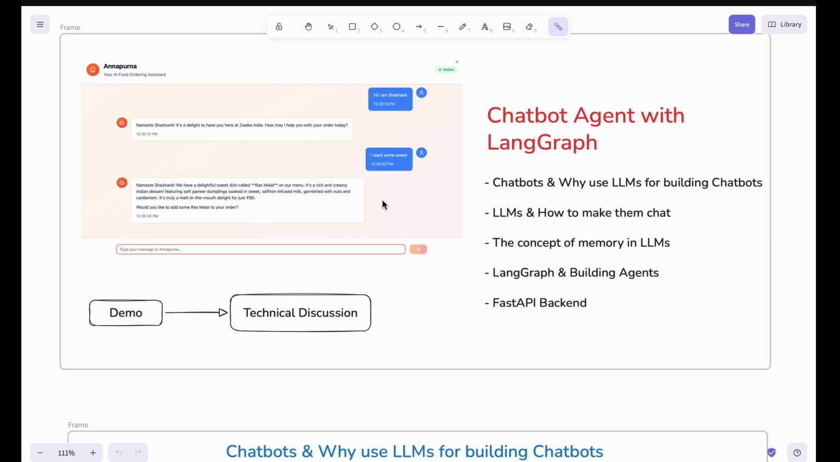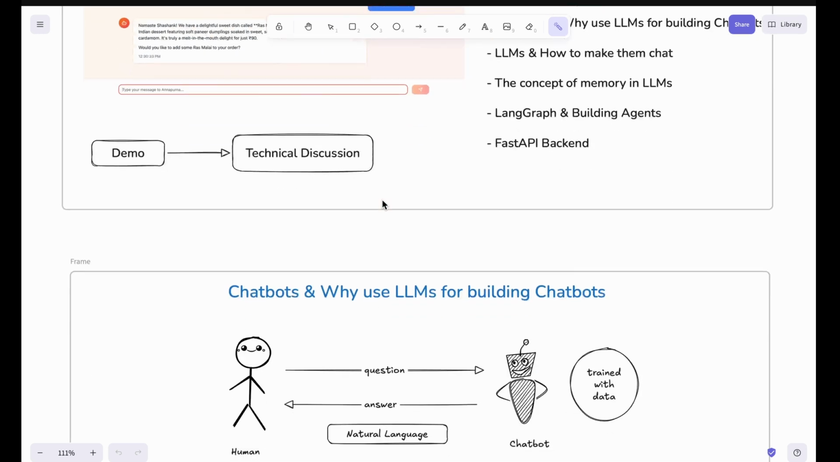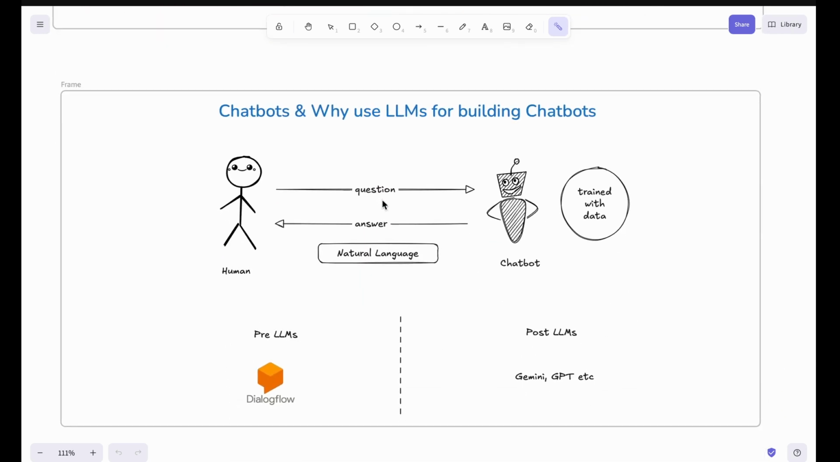So first we will see chatbots and why use LLMs for building chatbots, how to make LLMs talk, how to make LLMs chat, the concept of memory in LLMs, and LangGraph and its utility in building such types of products, and how we use a FastAPI backend, and technically the code walkthrough I'll be giving you. So first of all, let's see